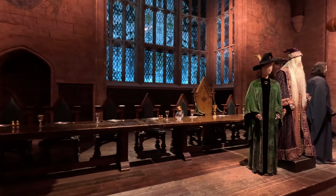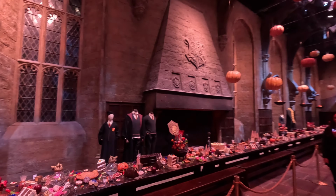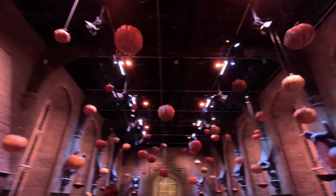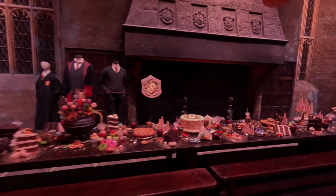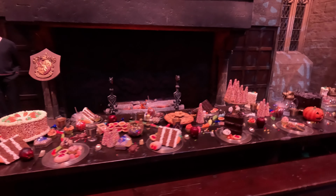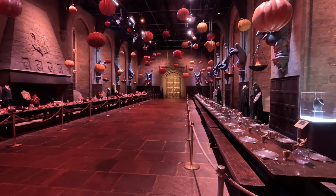If you did pick up one of our studio tour passports, the Great Hall empty. I am the last person